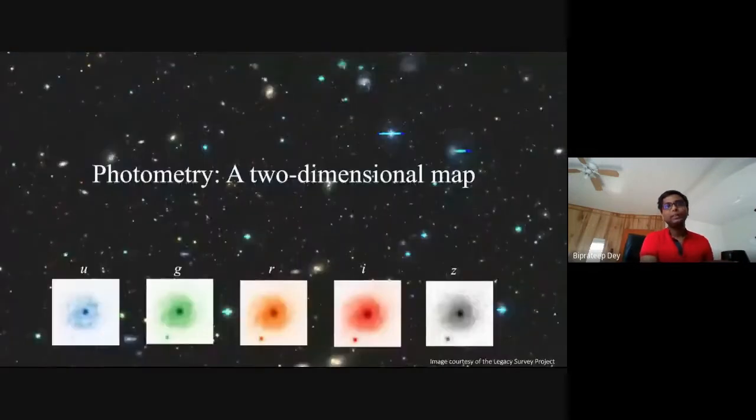This process is called photometry. So this is basically equivalent to taking a picture of the sky using a camera. Generally, what people do is they do not just simply point a camera to the sky. Rather, what they do is divide the whole visible spectrum of wavelengths into smaller chunks and grab pictures of the sky in these chunks of wavelengths.